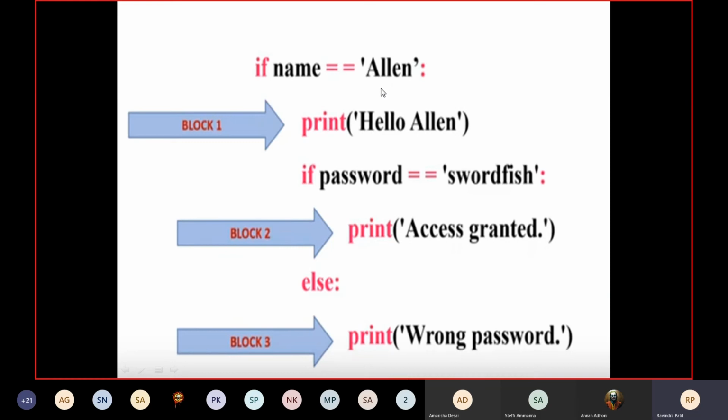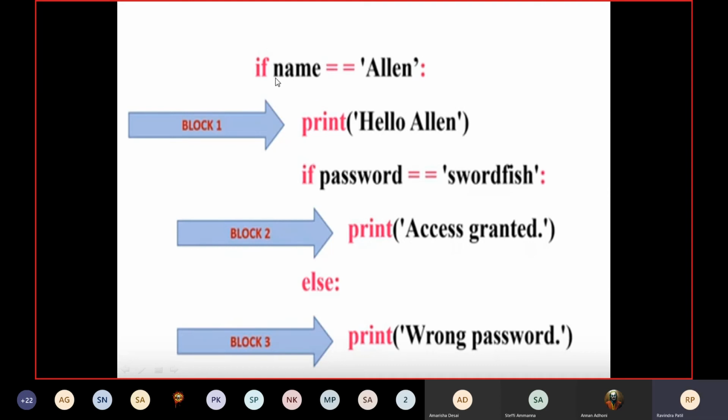And one thing we have to observe is in case of the if condition, we call it a Boolean condition. A Boolean condition should be terminated with a colon. That we have to remember. And this colon syntax is something we are not going to follow in case of C. So this is a bit of a difference between C and Python.